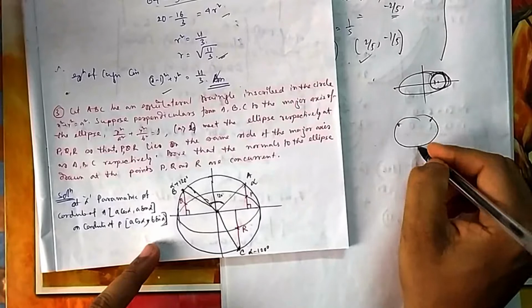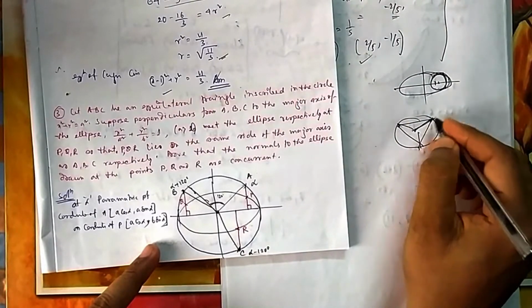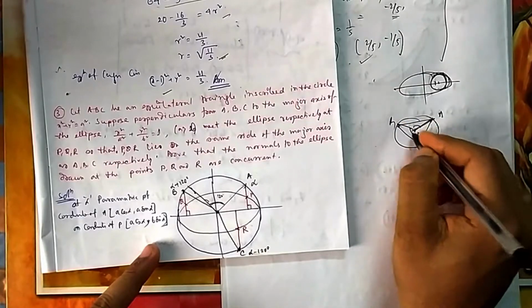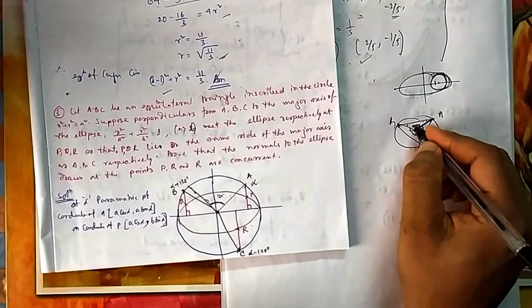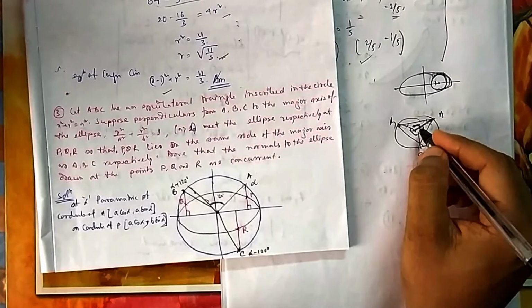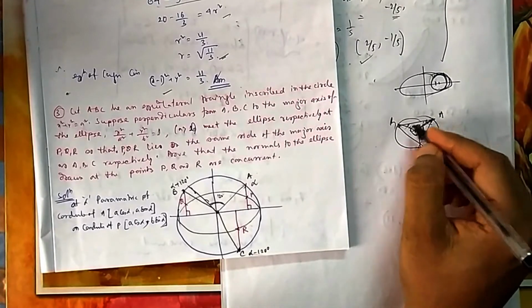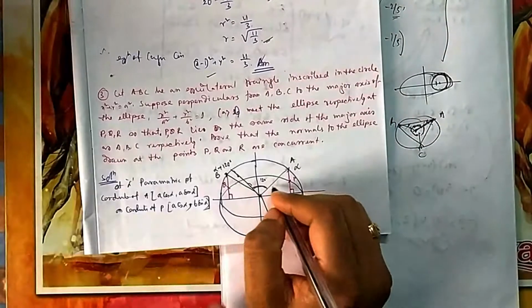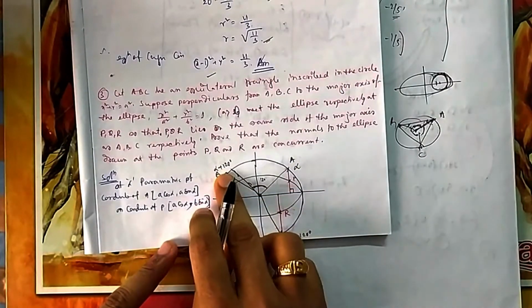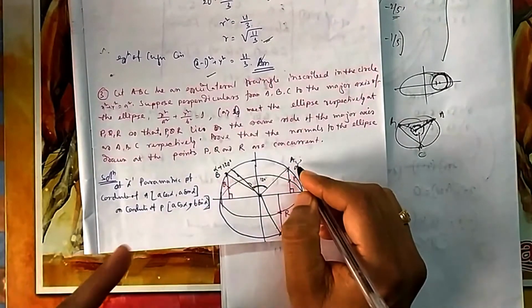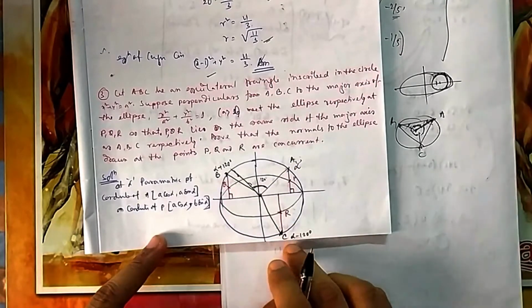If you are placing an equilateral triangle, and this is A, this is B, this is C, these angles will be 120, 120, 120, because these are 30, 30. Why is it 30? Because it is 60, and from symmetry these and these are equal because of the radius, so it should be 30, 30. So if you take this point as alpha, this point will automatically become alpha plus 120, and the other alpha minus 120. Alpha means parametric form.